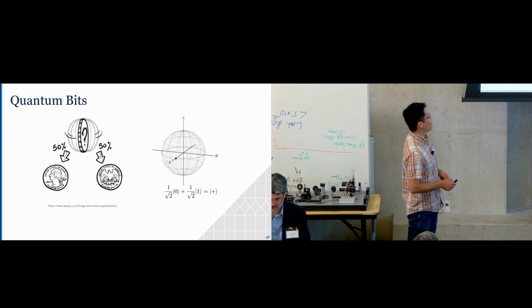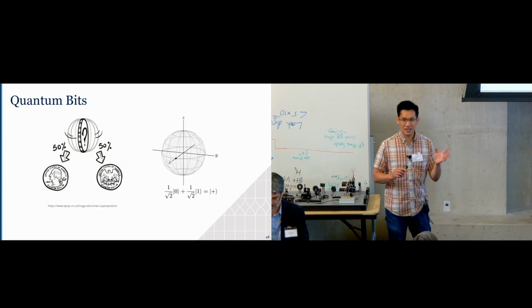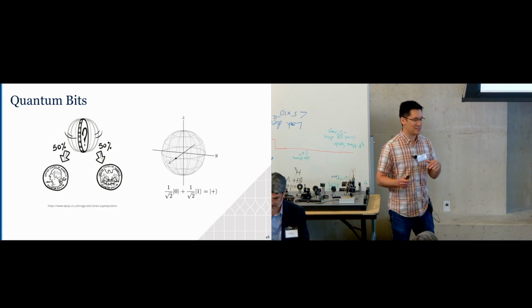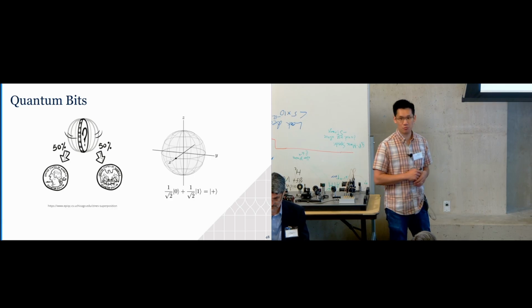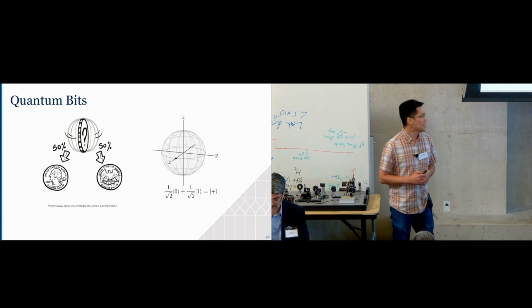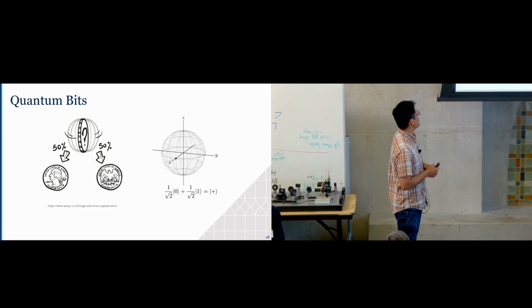And so you can think of this quantum bit as being similar, where on the equator, it's halfway between the north and south poles. And so it's half north pole, half south pole. But once you measure it, you get the north pole with a 50% chance and the south pole with a 50% chance. So how do you get the numbers 50-50 or half and half